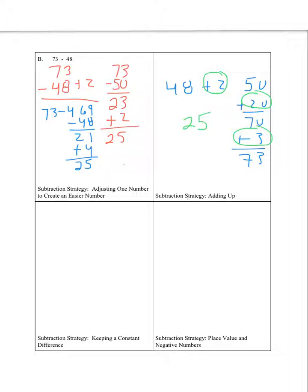That's not the only way to do adding up. You could add up by 10s. You could say 48 goes to 58. So you could do it this way. You could say, well, I'm going to add up by 10 and go, well, 58, 68. So there's my 20. 68 to 70 is 2. 70 to 73 is 3. Oh, there's 25. So it's another way you could do it. Personally, the last two strategies are my favorite strategies because I think they work literally for every possible thing. They work efficiently. So if we think about keeping a constant difference,